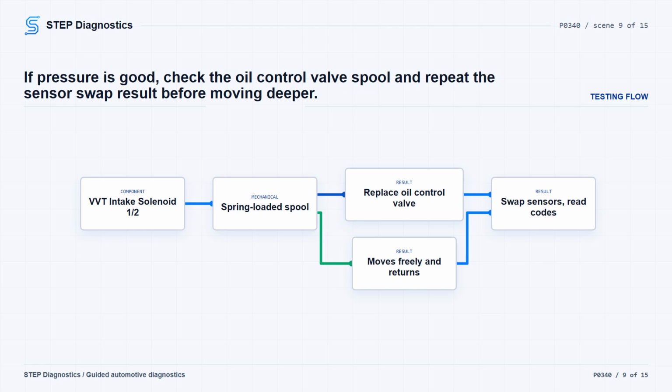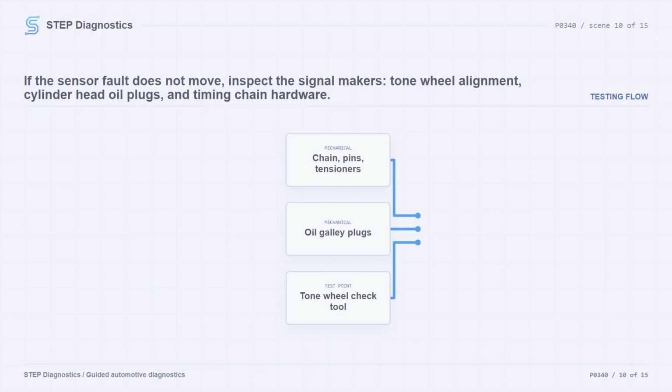If the oil control valve passes, swap the CMP sensors bank to bank again, erase the codes, idle or crank as needed and read codes. If the fault moves to the opposite bank, replace the faulty camshaft position sensor, perform the cam/crank relearn, and verify the repair. If the fault does not move with the sensor, inspect the mechanical pieces that create or control the